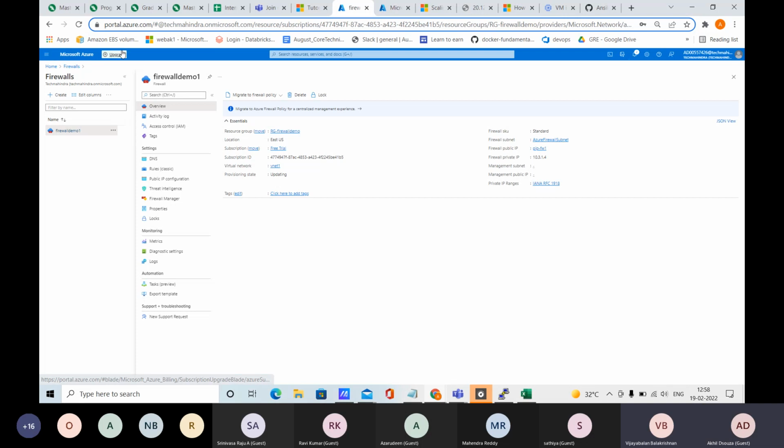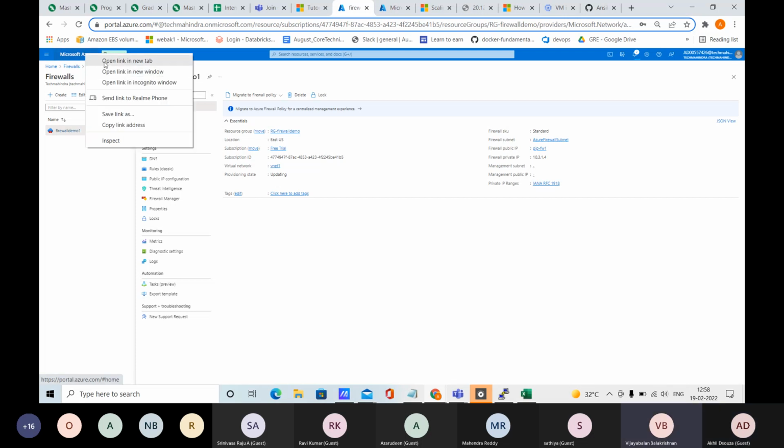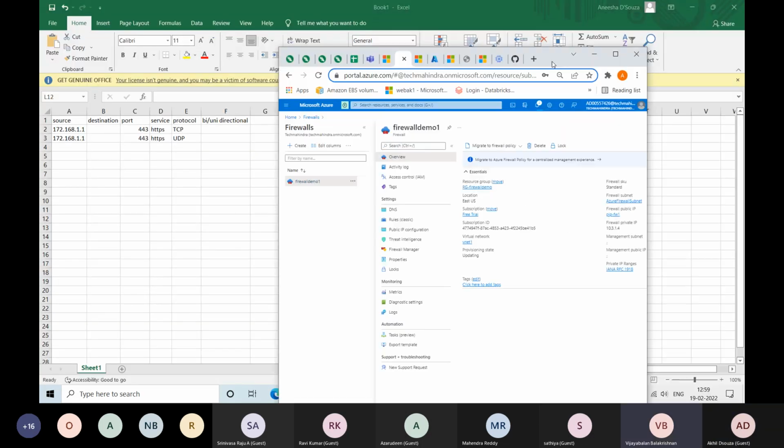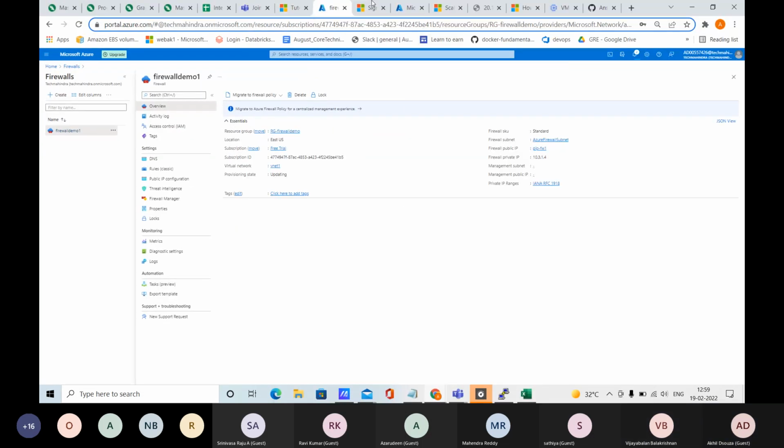Keep this window. Go to next tab. No. Okay. Yeah, next tab. Open link in tab. Yeah, go to that tab. Keep this open. Go to that new tab which you opened now. Next tab. Yes. That window. Okay, no, actually this is the same window coming in the way.